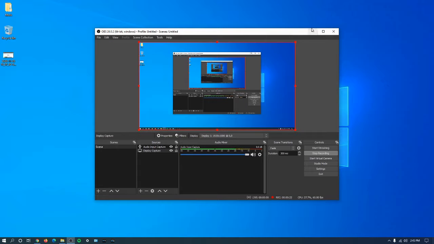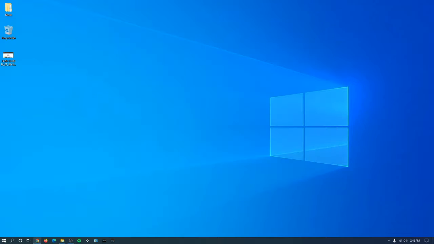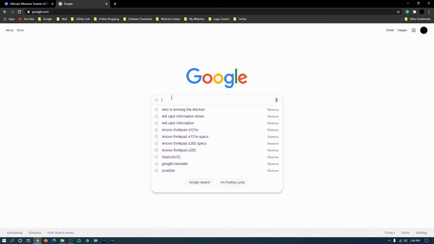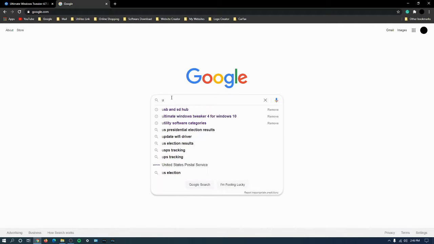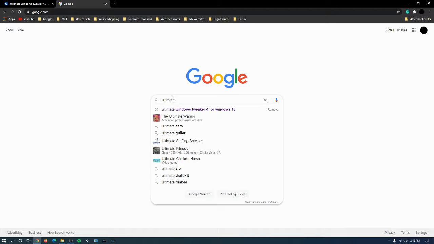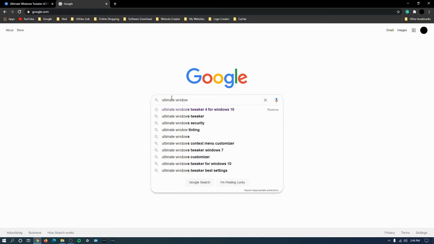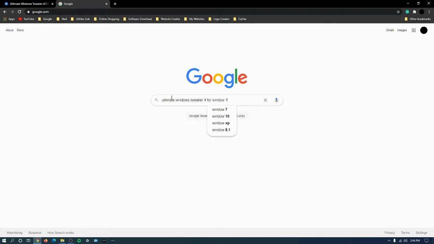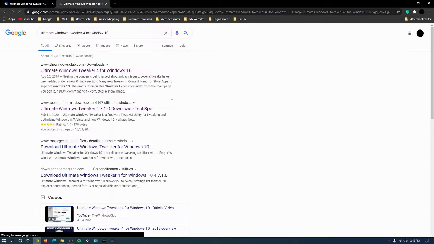First, you want to open your Google browser, and after opening it, type in Ultimate Windows Tweaker 4 for Windows 10, and then click enter. And then you will have to click on the